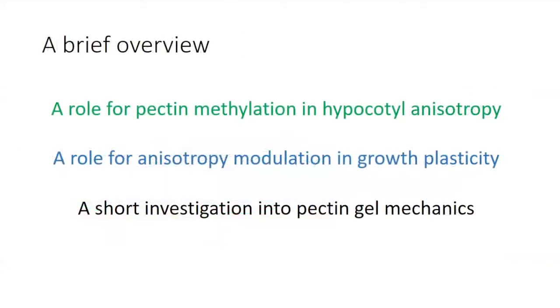So today what I'm going to do is focus on the hypocotyl. We're going to look at a role for pectin methylation in hypocotyl anisotropy. Then we're going to look at how maybe modulating anisotropy could have some interesting functional consequences for a plant. So instead of just saying, oh, that's a cool microscopy picture, why it might actually be useful to change your anisotropy. And then at the very end, if we have time, I'll do a little bit of what we're looking